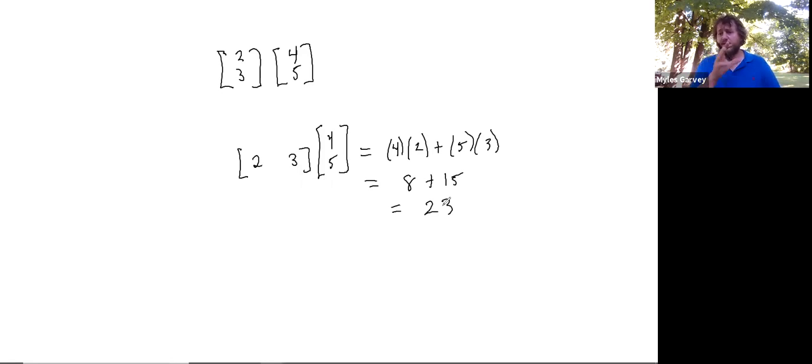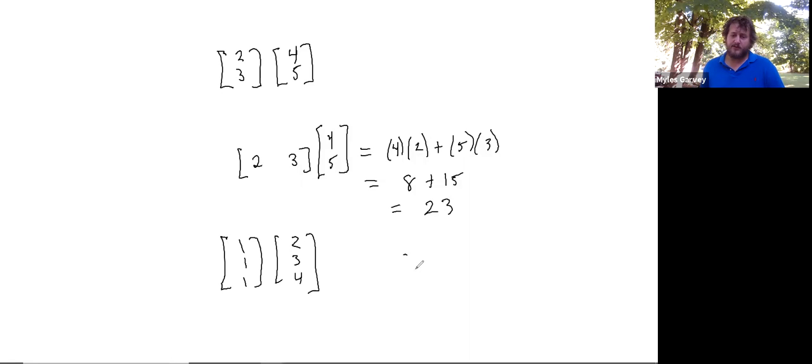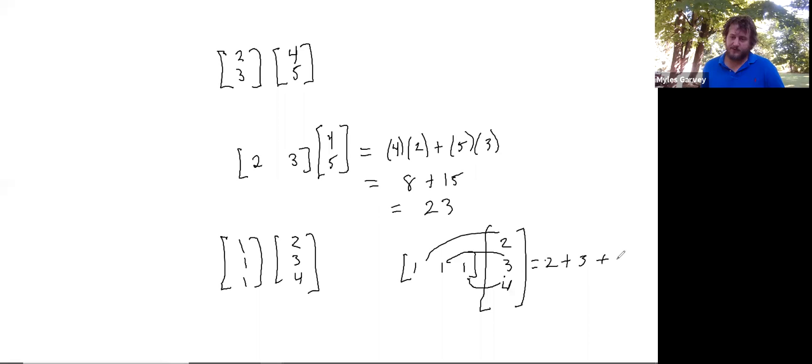So the inner product of these two vectors is 23. If you do this for bigger vectors, 1, 1, 1, and let's say 2, 3, 4, the inner product of these two vectors is the row vector times the column, which is 2 times 1, which is 2, plus 3 times 1, which is 3, plus 4 times 1, which is 4,